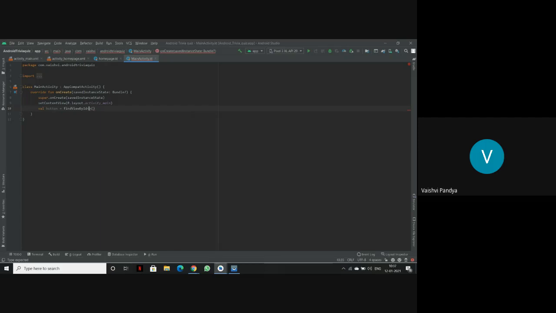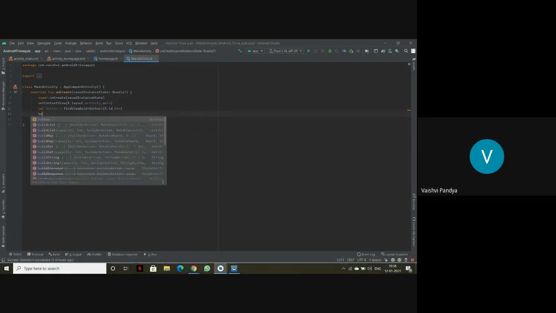As we know, in the activity main XML in the button section, I had changed the name of the ID to btn. It is because I wanted to write btn here. So in the button, I'll write in the bracket R.id.btn, because in the design phase I had given the ID name btn. Then I'll write button dot setOnClickListener. It is the first option. In the second option, you can see view.